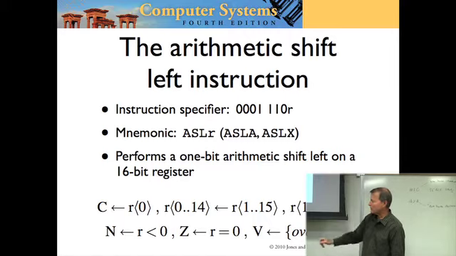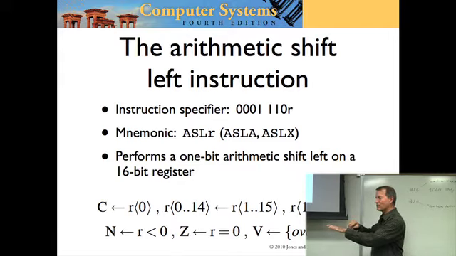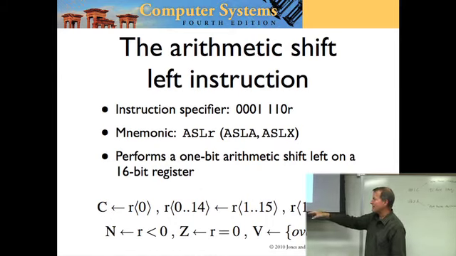Okay, and what does the comma mean? At the same time, simultaneously. R 0.14 gets R 1.15. And the comma means at the same time. So all of those things get shifted in parallel without ever being lost. I mean, nothing ever writes over another one in the process of the shift. And then the semicolon means after that happens, then